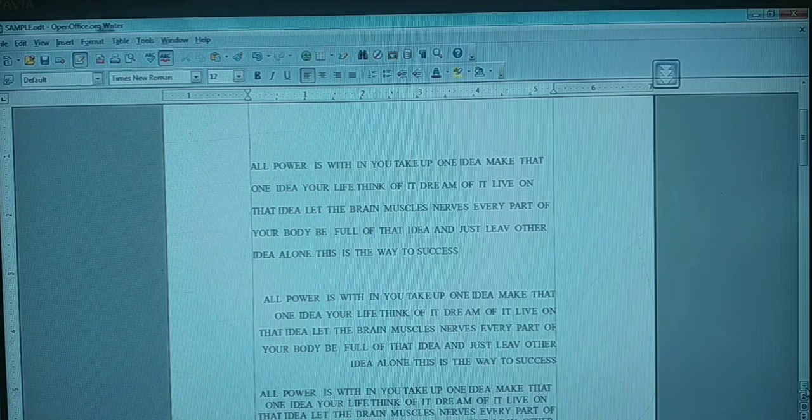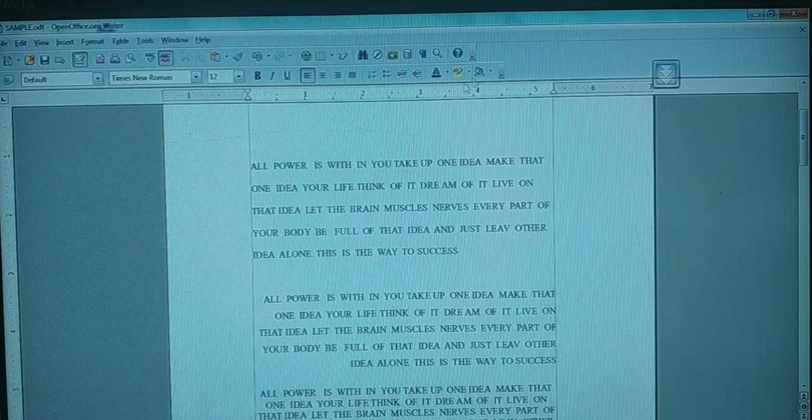Do you know what an orientation is? Page orientation refers to how the document will be displayed on the screen and how it is going to be printed. What are the two types? You know the two types? It is landscape and portrait. So now we can see how you can change it.